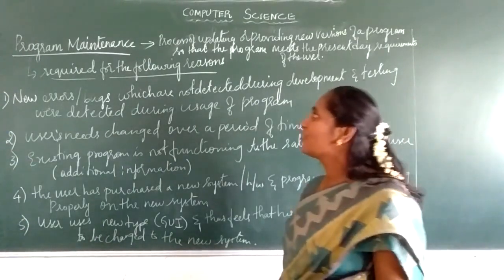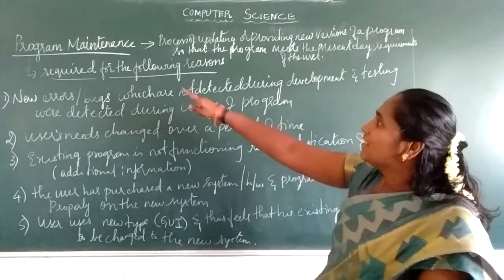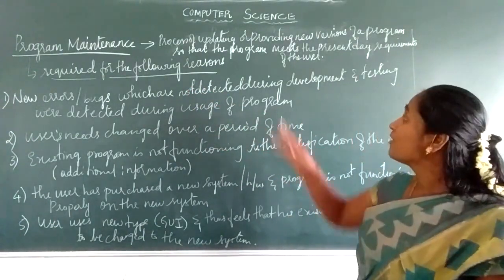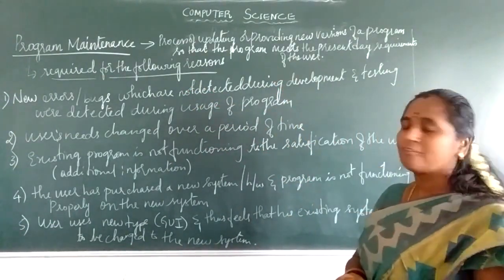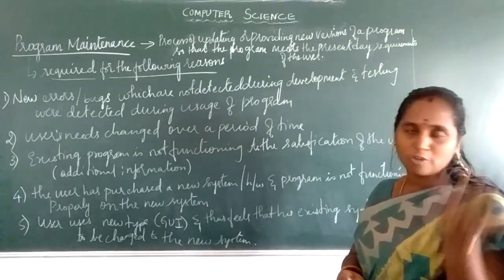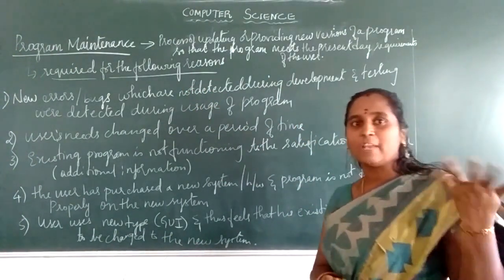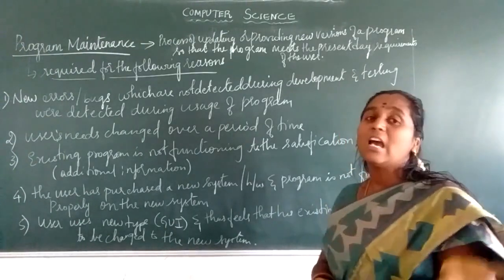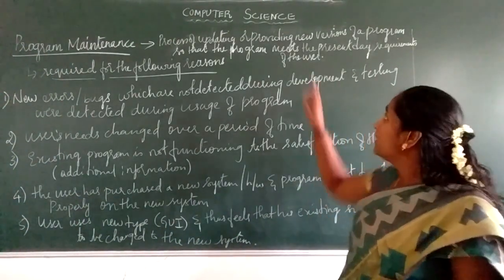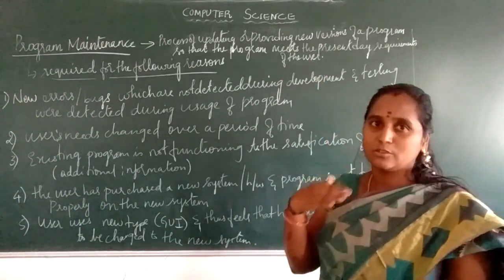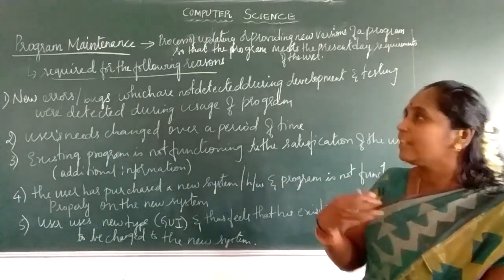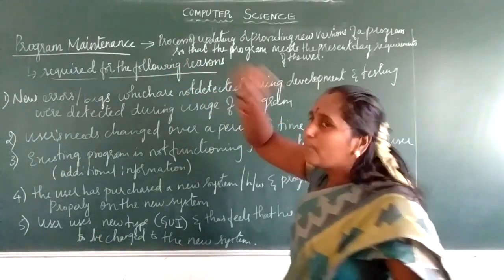Students, the last stage of the problem solving methodology is program maintenance. What is this program maintenance? It's a process of updating or providing a new version of a program so that the program meets the present requirements of the user. You have documented, and proper documentation can be reused for future enhancement. After documentation, it should be maintained in such a way that the present user requirements are met, and that can be achieved with the help of program maintenance.